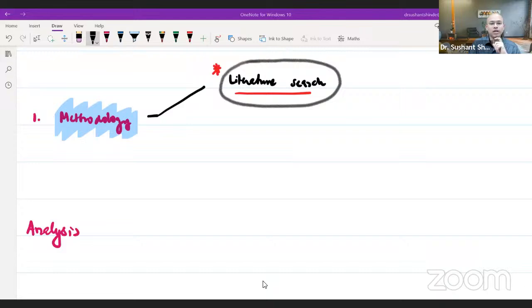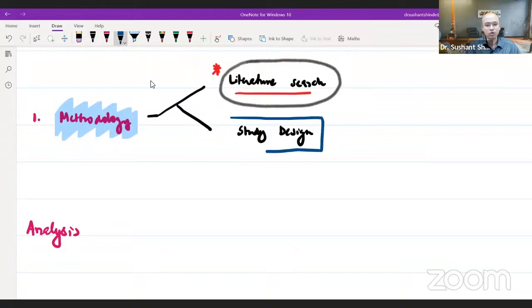Second thing, I have already mentioned it, but it's a very important part of what you need to know in methodology. You need to understand the study designs. I've said this, understanding study designs helps you become a better critical thinker. Those of you who are in advanced stages, you already understand study designs. And if they are not something that comes naturally to you, spend time on this. Those of you who are in the initial stage of your journey about research, this is where most of my focus would be.